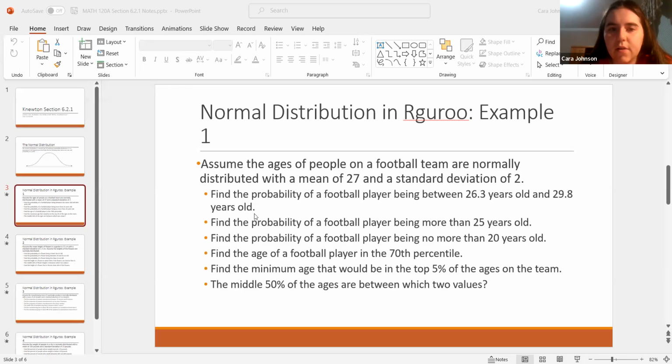Hello everybody. So in this video, I'm going to show you how to do normal distribution questions in Rguroo. So I'm going to go ahead and share the PowerPoint here and show you our first example. All right, so this is our first example. We're going to answer all of these 6 questions using Rguroo. So I'm going to go ahead and stop my share here